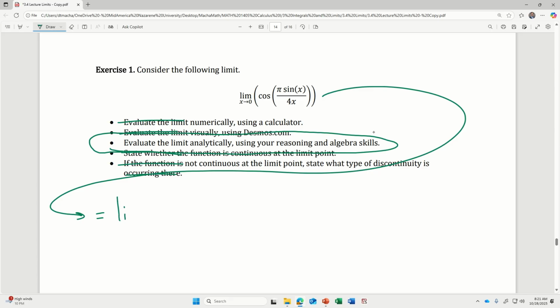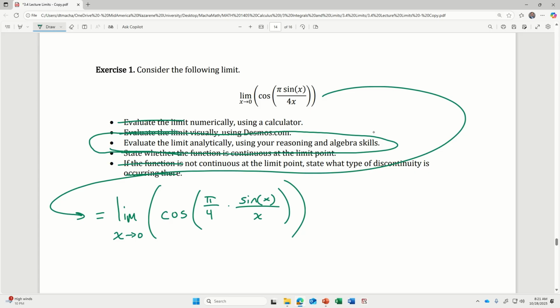is the same as the limit as x approaches 0 of cosine of pi over 4 times sine of x divided by x. So the first thing that I'm thinking about is the last thing we just mentioned. These are composite functions, right? I've got cosine of a bunch of stuff on the inside. So I've got an inside function and an outside function. I'm composing two functions. And so